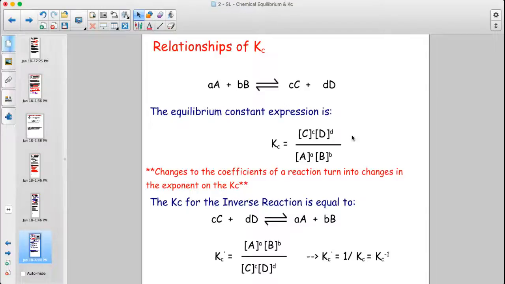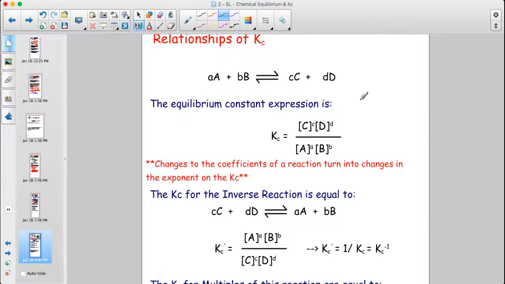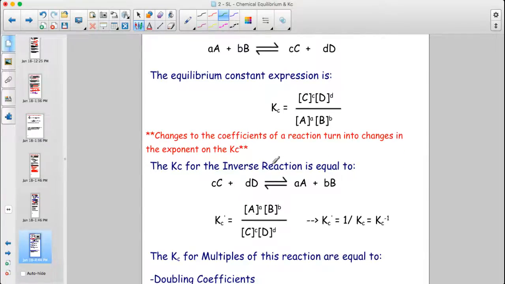So just to show you mathematically what's going to happen, it's basically one idea, which we've already talked about, which is that the coefficients in the reaction have to do with the exponents in the Kc. So if this is the original expression up here, and the coefficients are just A, B, C, and D, then this is the equilibrium constant expression right here. If I invert the reaction, so now I took the products from before and they are the reactants, and I took the reactants and made them the products,